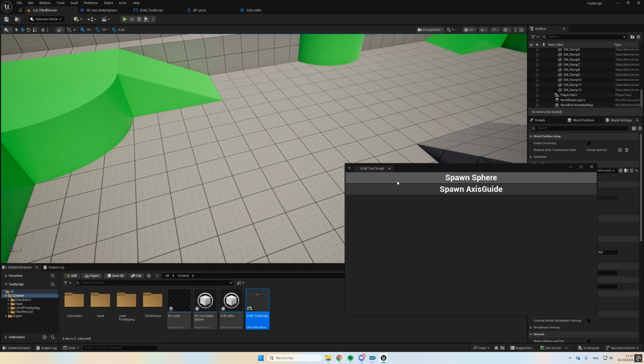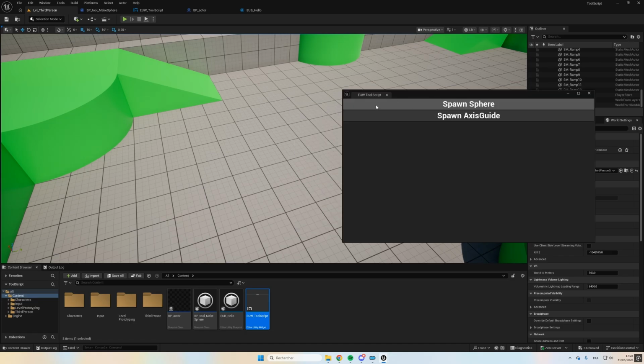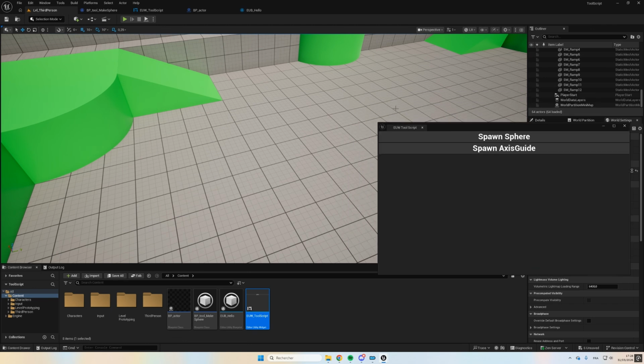Hello everybody, I wanted to make this video because I found something quite interesting. From what I've seen over Reddit and over the Unreal Engine forum, some people, including me, were looking for a way to get an editor utility widget like this, select something on this editor utility widget, and then spawn something in the world based on what they have just previously selected. First, I wanted to do a drag and drop operation, but this is not really possible because